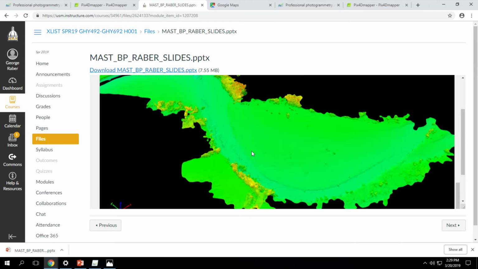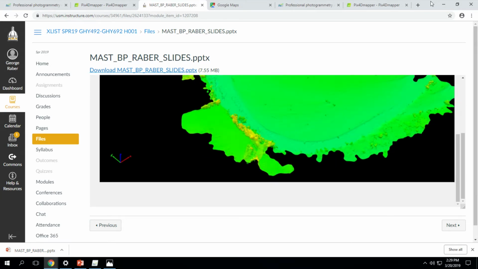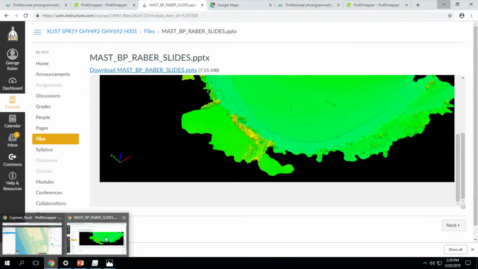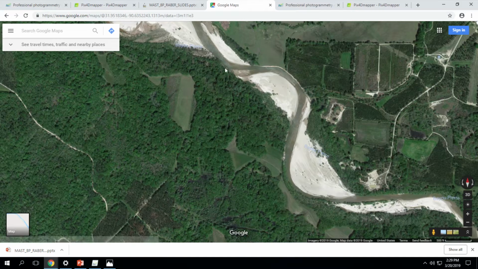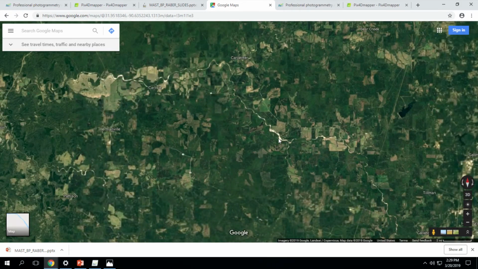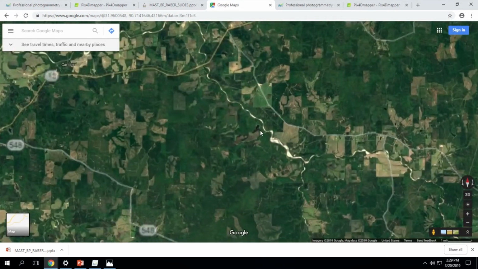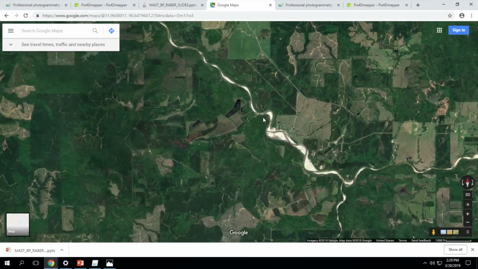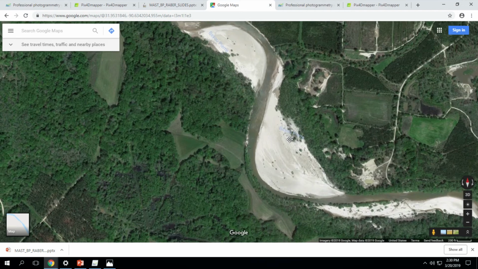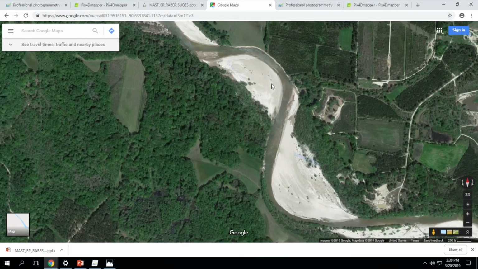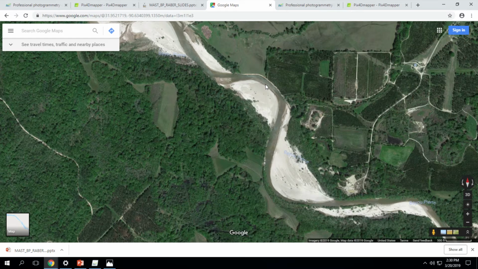It'd be nice if we had the Pittsburgh EDA to show up, but that's what we're going to do. So what you could do is plan a mission. I think it's flowing into the Mississippi, which means it's flowing this direction. Bring that up. Last year we parked here to fly this area, and then we parked here to fly this area. And so yeah, plan a few missions at